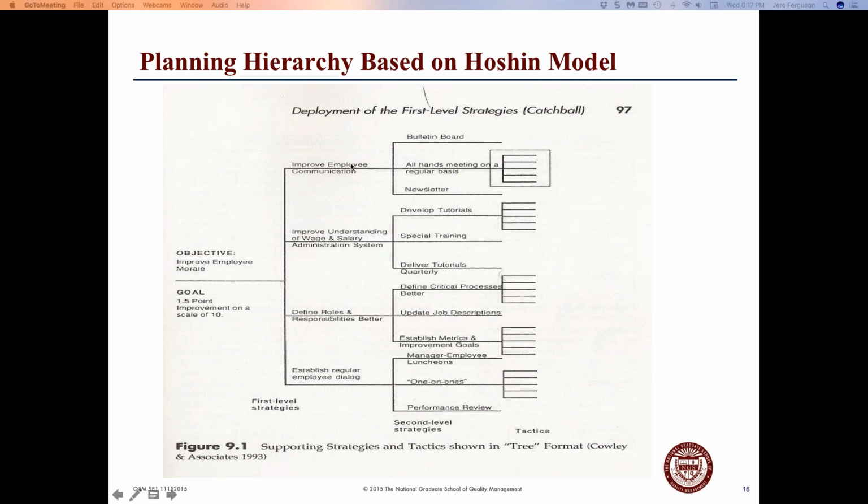Neither one tells you how you're going to do that. It doesn't give you the how. That's what level 2 does. Level 2 then, this becomes the objective, and the level 2 is the how. It's where the rubber meets the road. It's the activity you're going to carry out that is going to achieve the first level